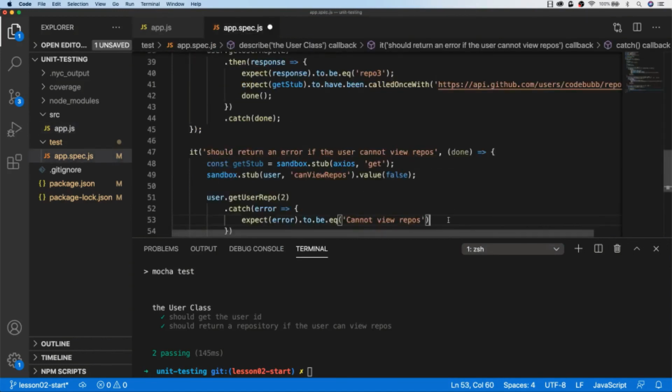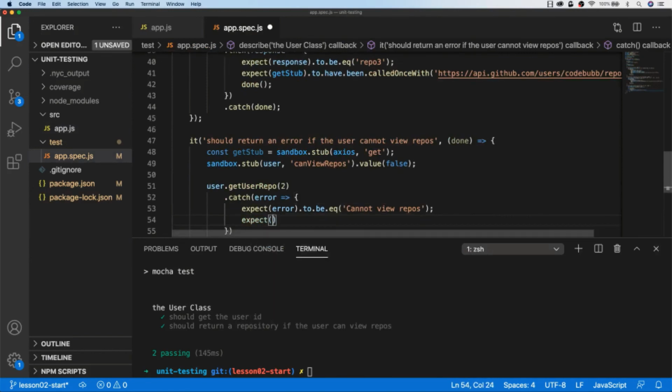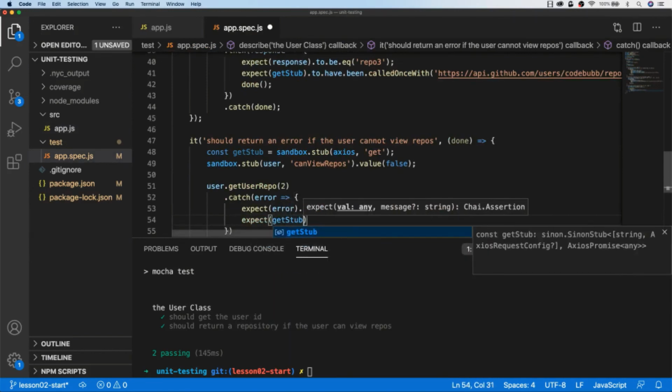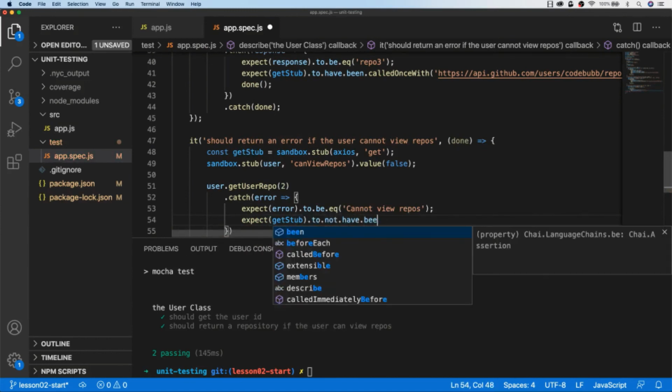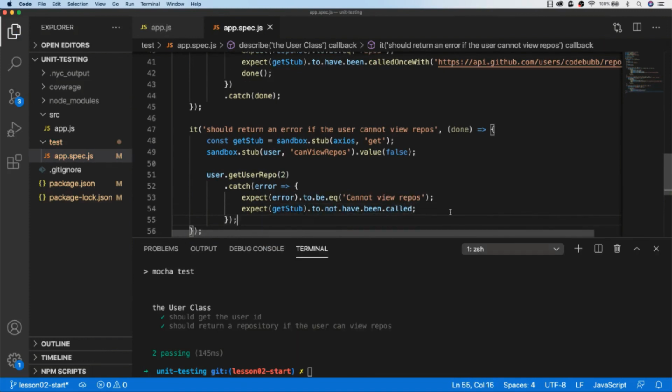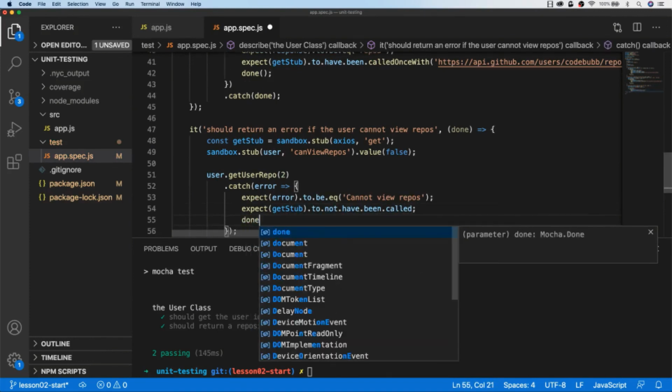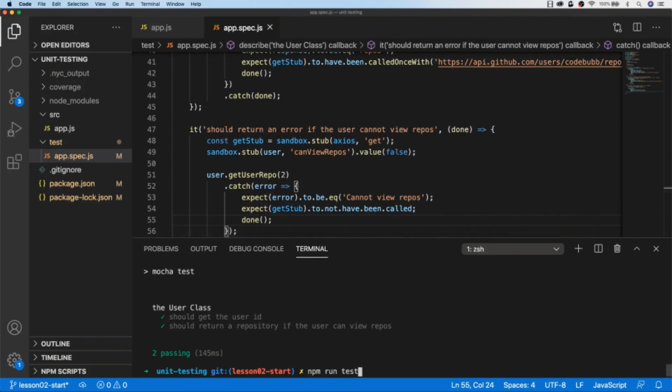So let's go back and have a look at this. And as I said, we can actually check the value of that stub as well. So we can say the get stub, we're going to expect that to not have been called. And again, we should call the done function here too. So let's rerun our tests again. Now you can see we've got 3 unit tests that are passing